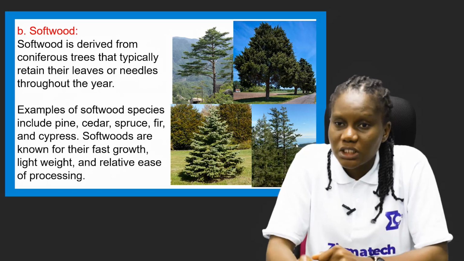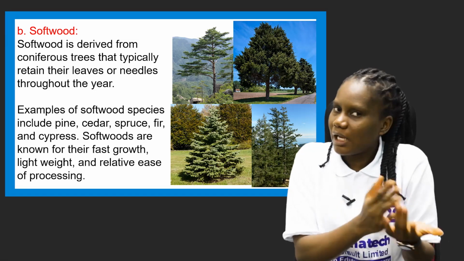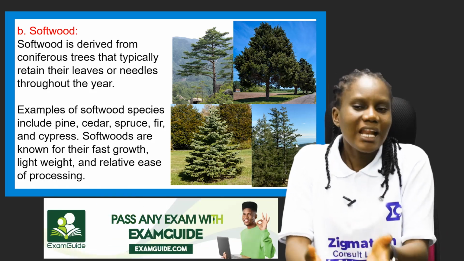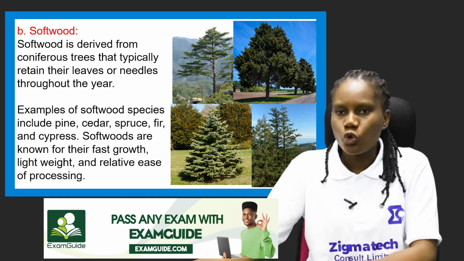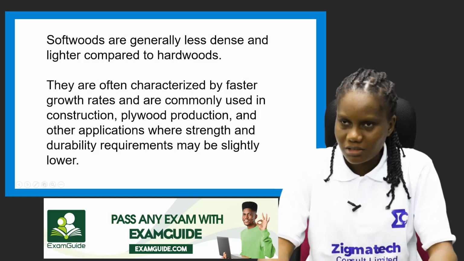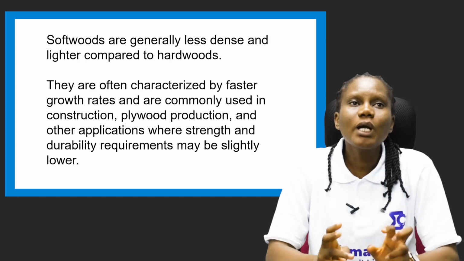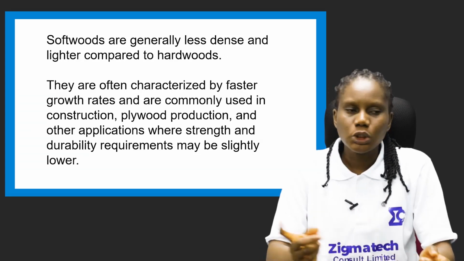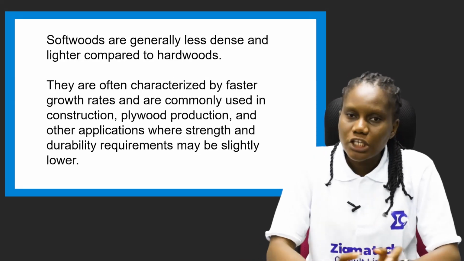Hardwood grows slowly, but softwood grows very fast, and they are lightweight, unlike hardwood, except for obeche that we thought is lightweight, but it's still hardwood. Lightweight and relatively easy to process. So softwoods are generally less dense and lighter compared to hardwoods. They are often characterized by faster growth rates and are commonly used in construction, plywood production, and other applications where